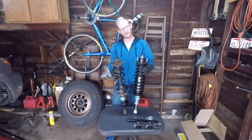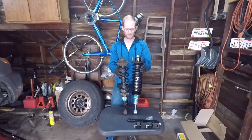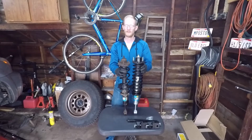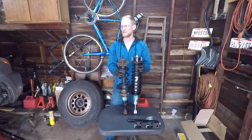And so this is the 8.5, or is it 8.9? The front spring, it's the middle of the three on the 4Runner. On how heavy the spring is, it's the middle one. I think it's rated for, depending on which website and which kit you buy it from, either the V6 or the V8 with stock front weight and a 2.5 inch lift. So it seems like the middle one is the one to go with